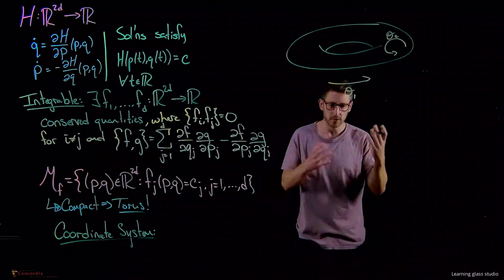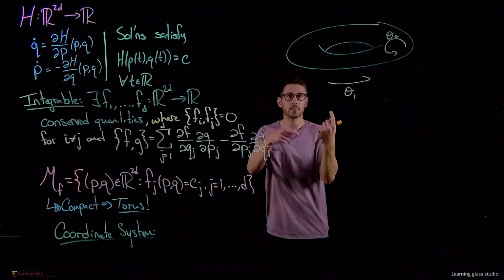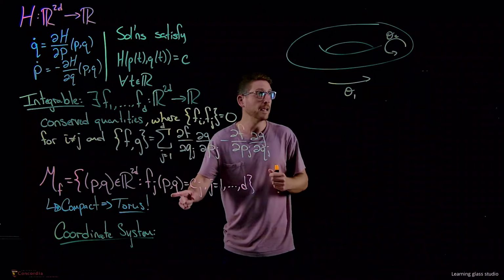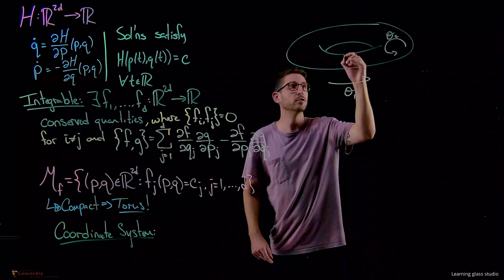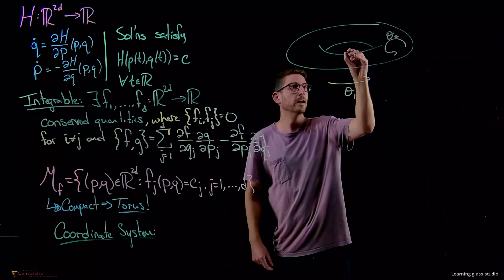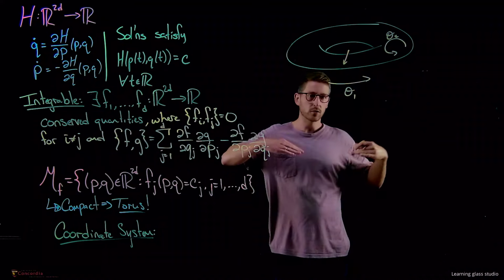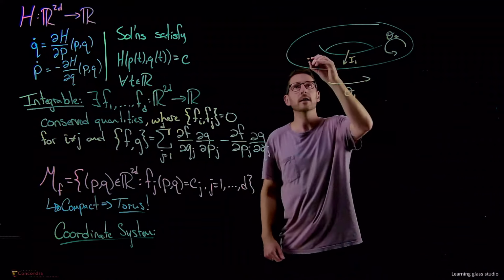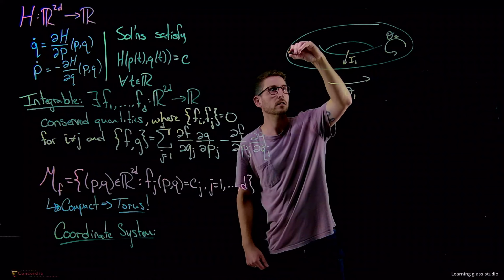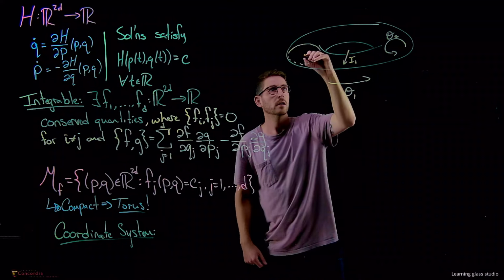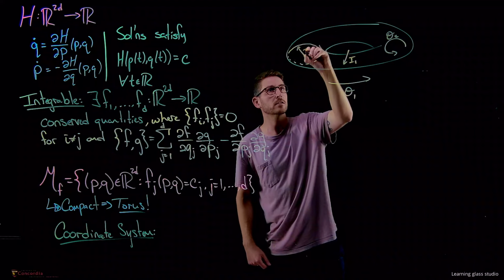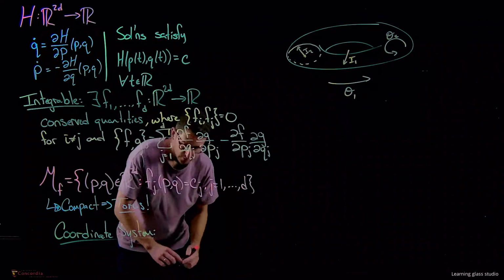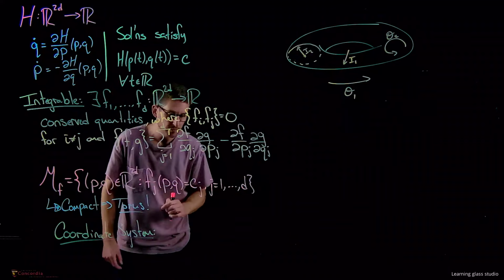So we know that a torus, for example, my two-dimensional torus here, is parameterized by two frequencies. But in this case, we also have two radii. One radius is the radius of the horizontal circle. I'm going to call that I1. And then there is another radius, which is the radius of the second circle. And effectively what we get here is that the new coordinate system just parameterizes every single one of these tori